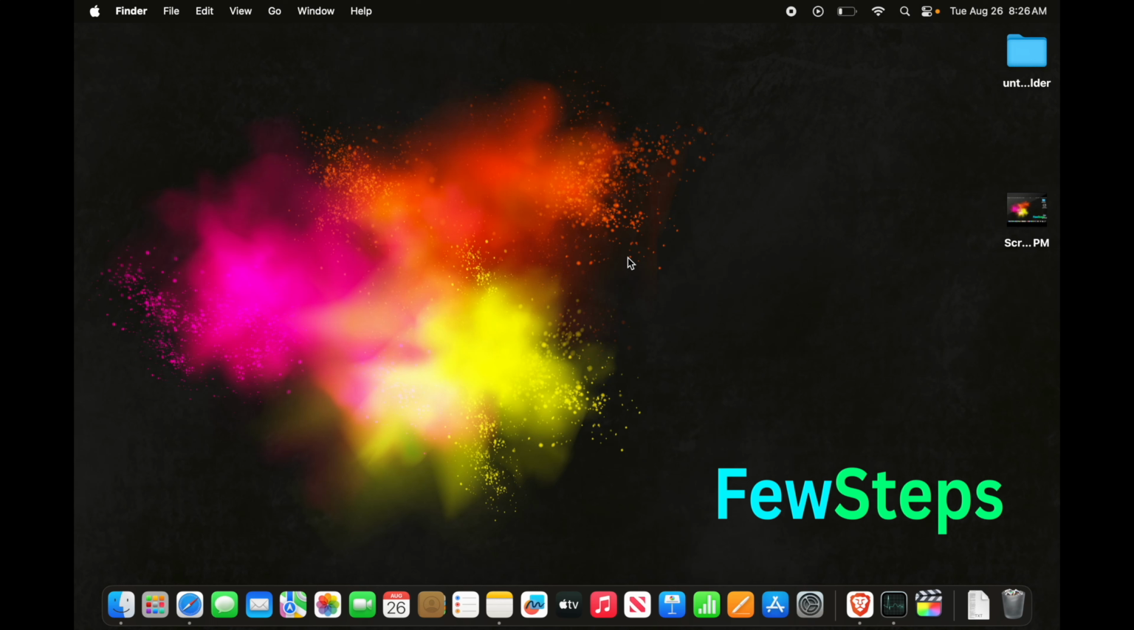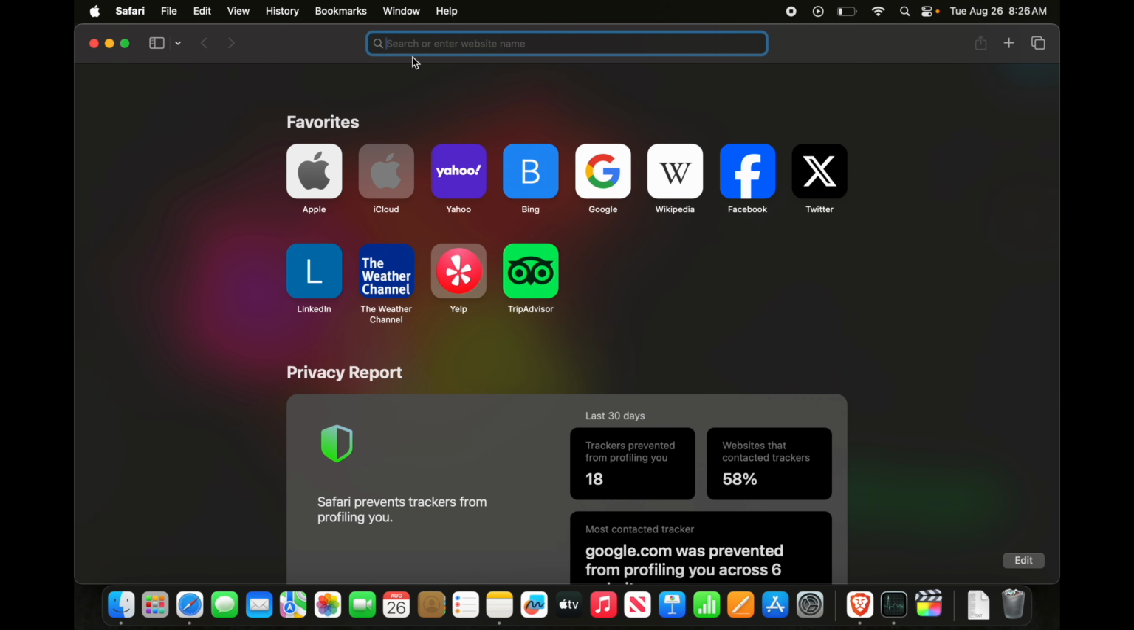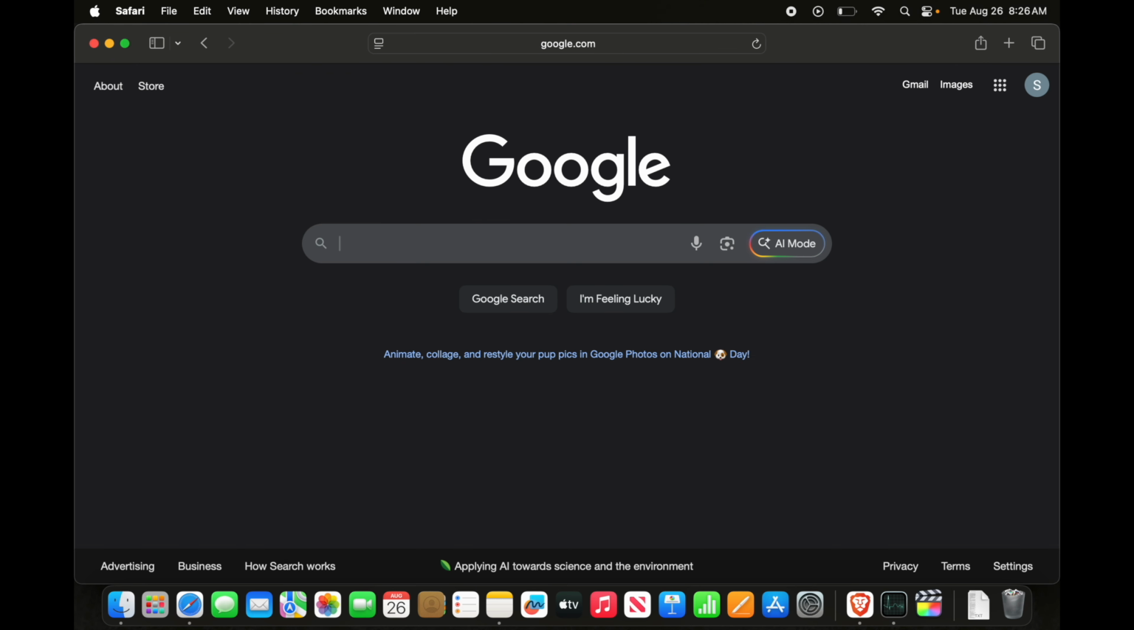In this video, I'm going to show you how you can download and install Chrome browser on your Mac. So let's see how we can do this thing. At first, we need to open the Safari browser and then just go to google.com. Once you are in google.com, just start typing Google Chrome